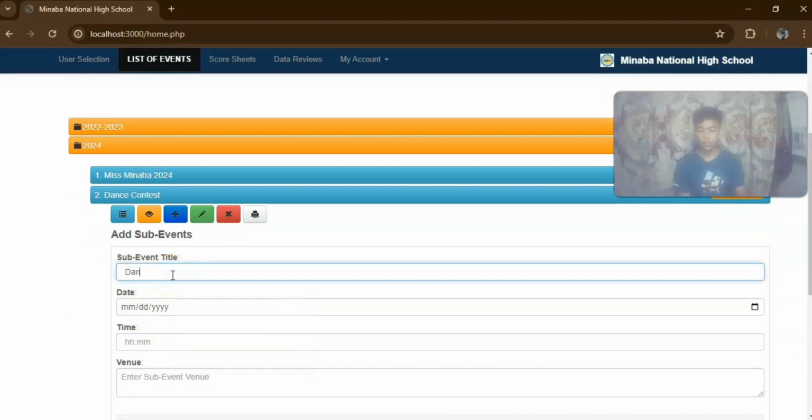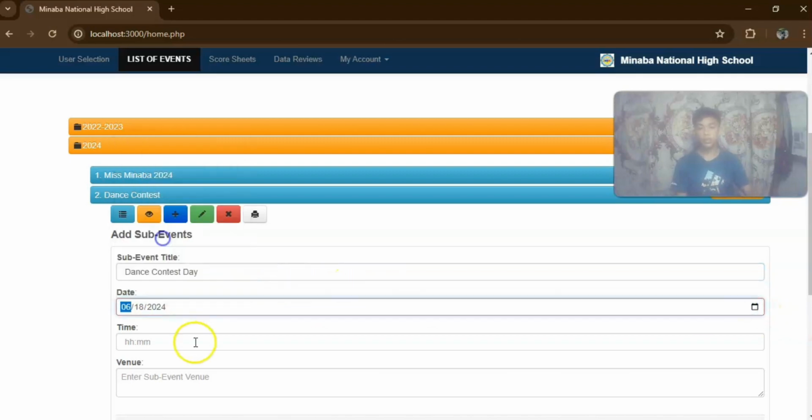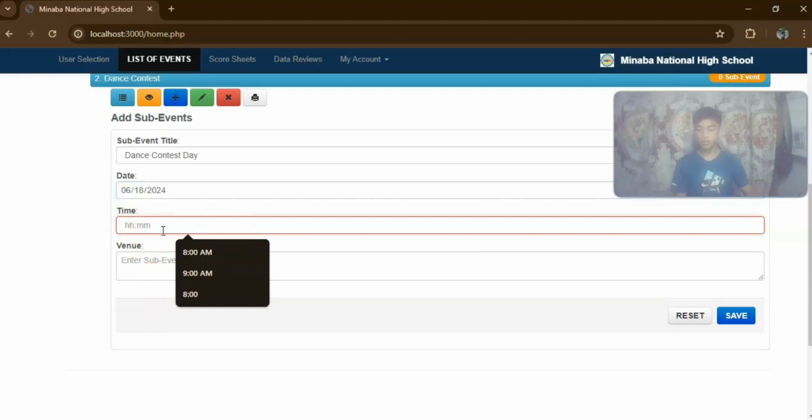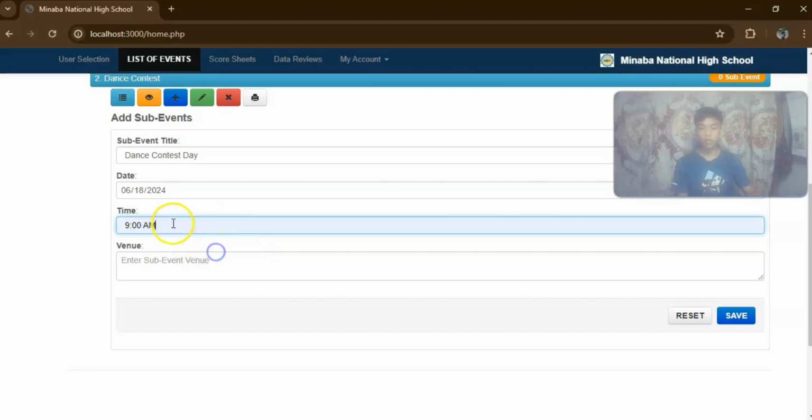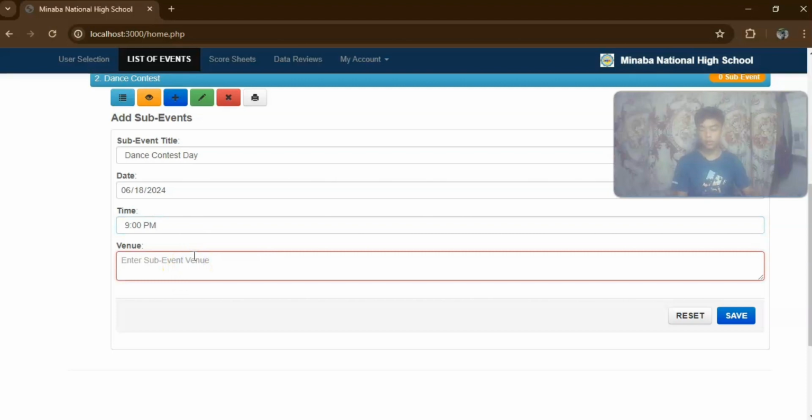Dance contest. The date is the 18th, the time is, let's say, 9 p.m. Then the venue is Barangay.